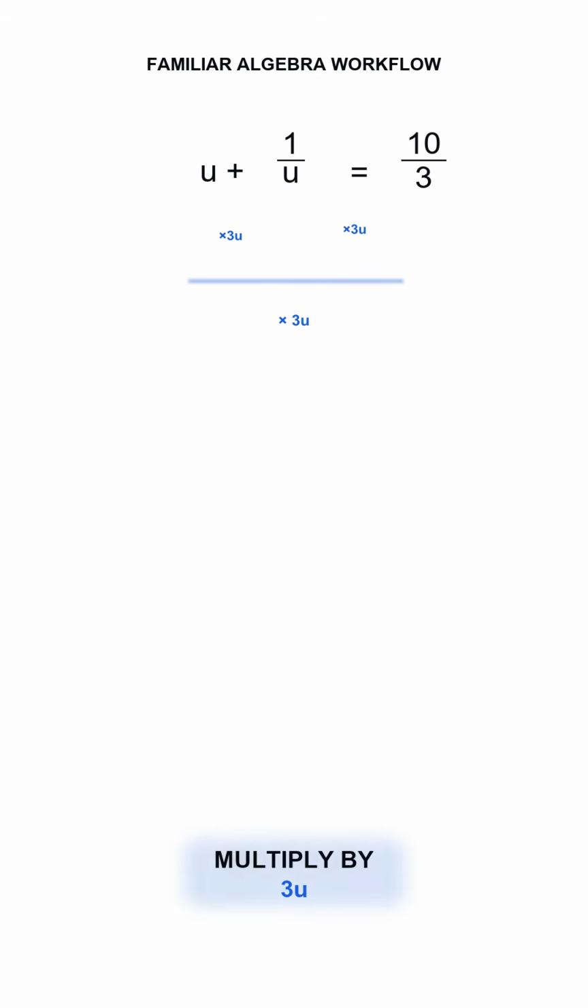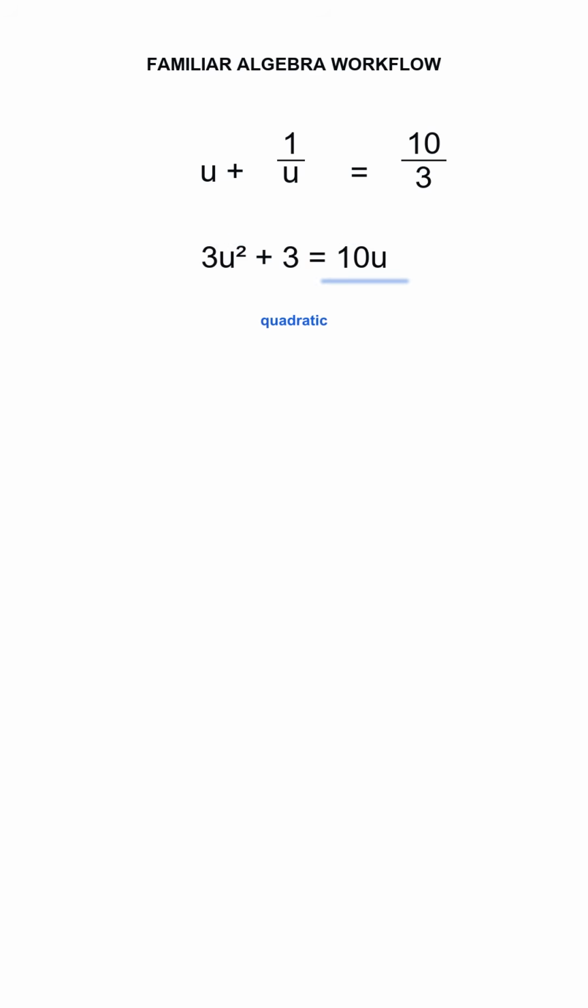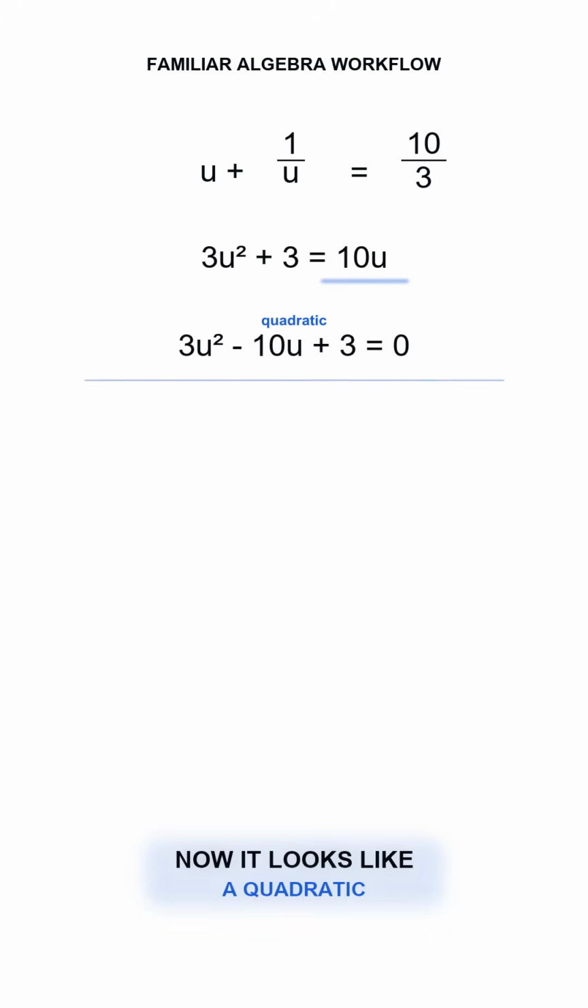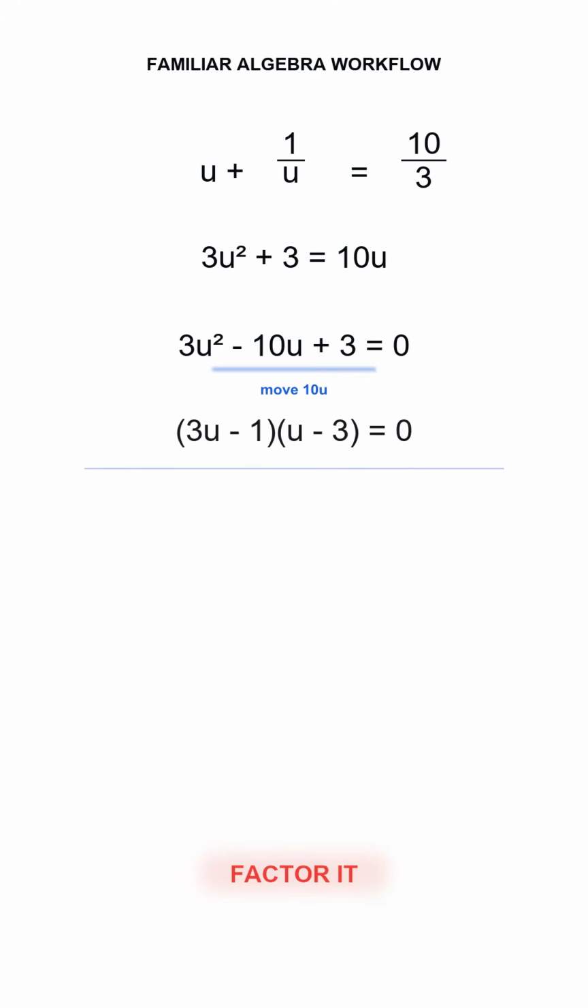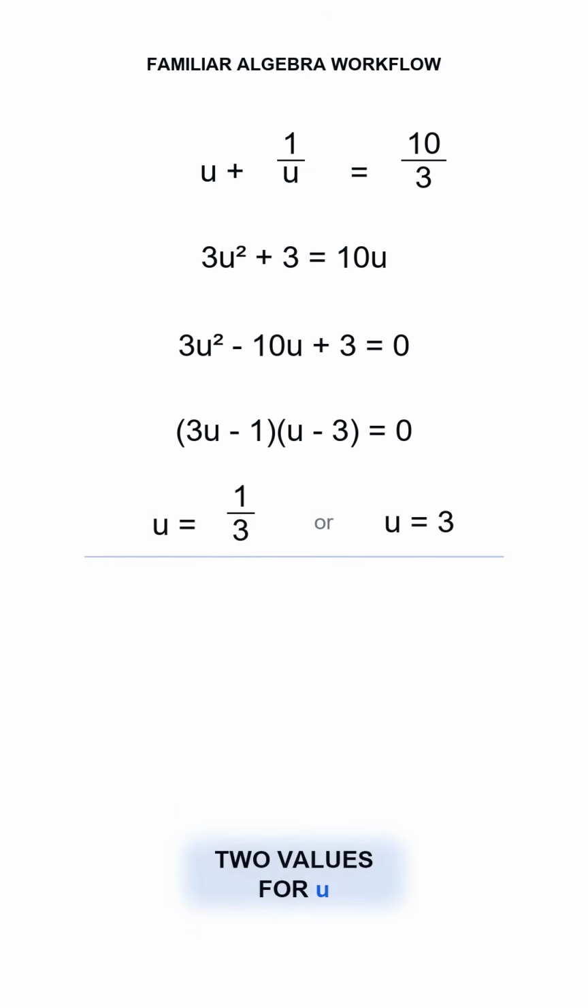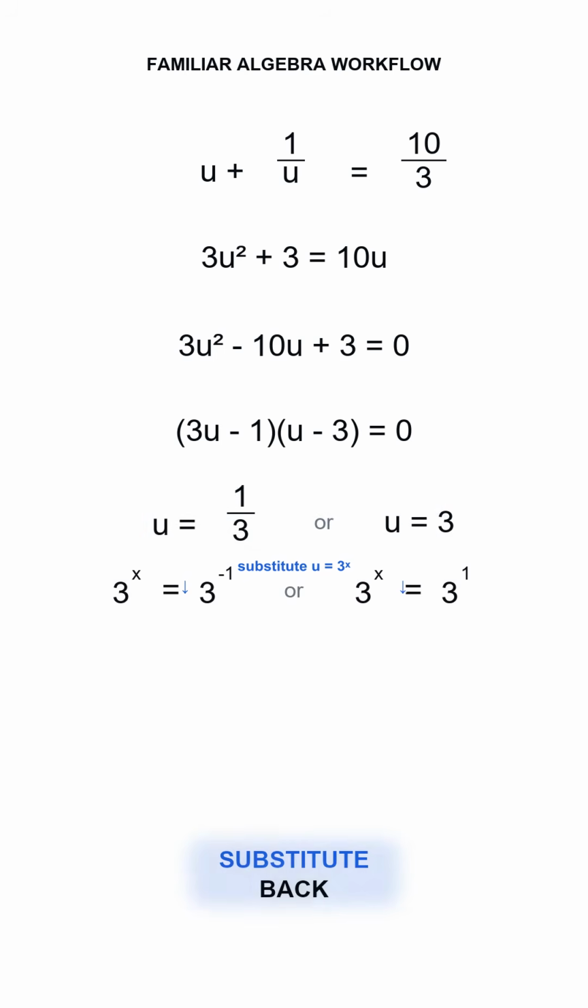We can multiply both sides of the equation by 3u, turning it into a quadratic. 3u squared plus 3 is equal to 10u. We can transfer the 10u to the other side. Now it looks like a very solvable quadratic. A quadratic that, by the way, we can factor into 3u minus 1 times u minus 3 is equal to 0. Using the null factor law, u is equal to 1/3 or u is equal to 3,